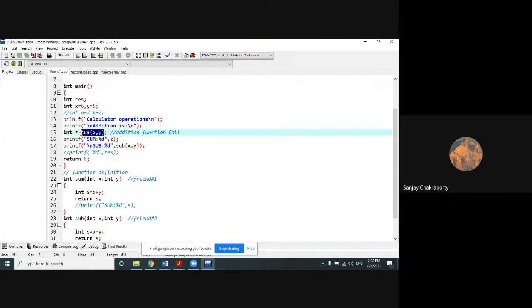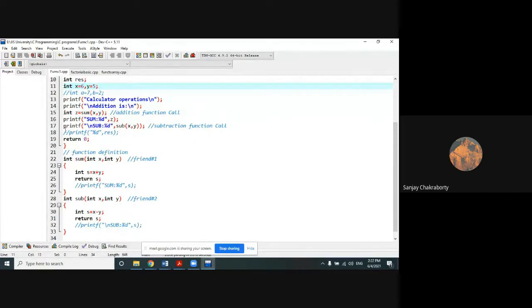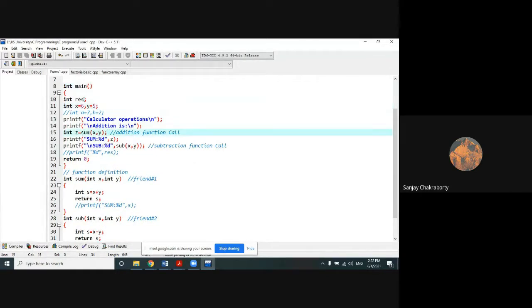This is the function call. This is also the addition function call. This is a subtraction function call. Okay, so I am calling these two functions, sum and sub, from the main method. That's why whatever value it returns from its sub-function has been received by the main method itself.